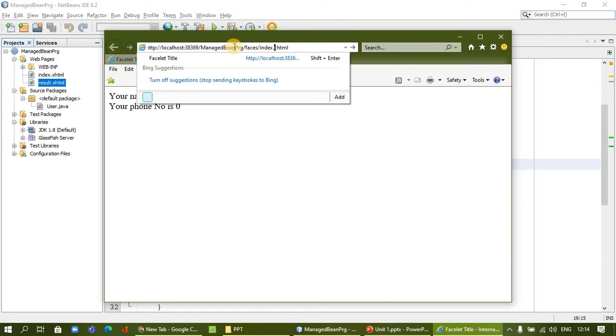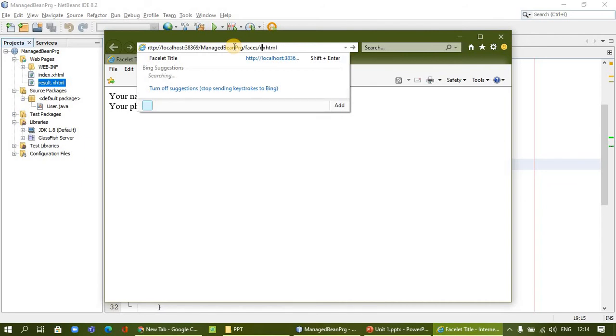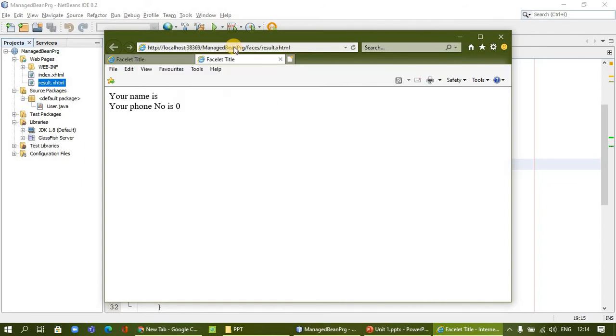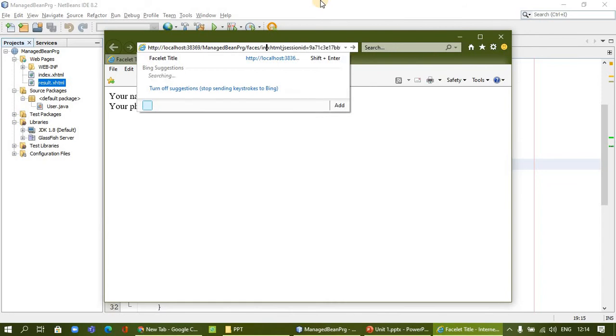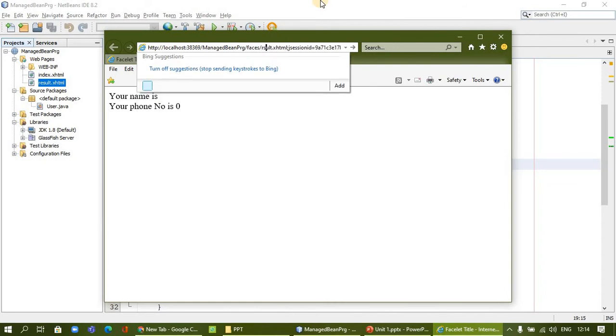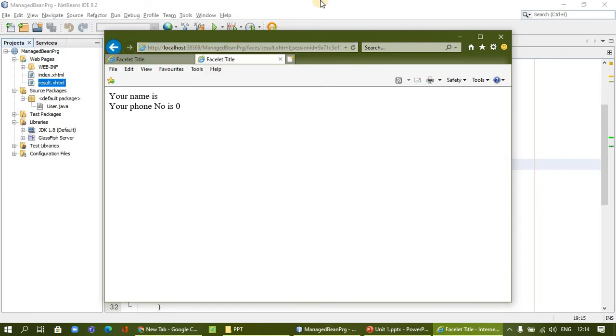Maybe the session is not obtained here. I will say result.xhtml. Yeah, the session is missing here, I think. I will give this and only change the file name. Not coming.